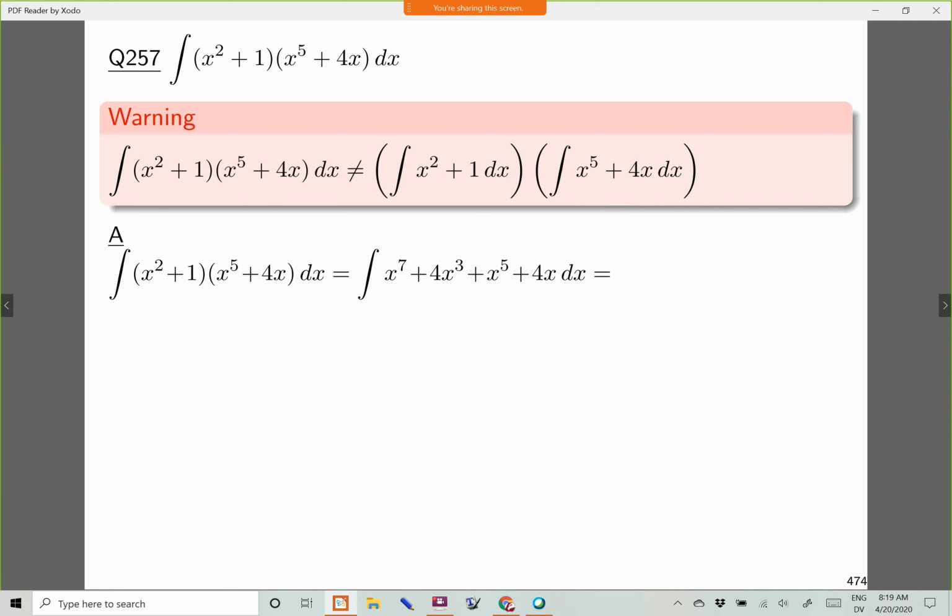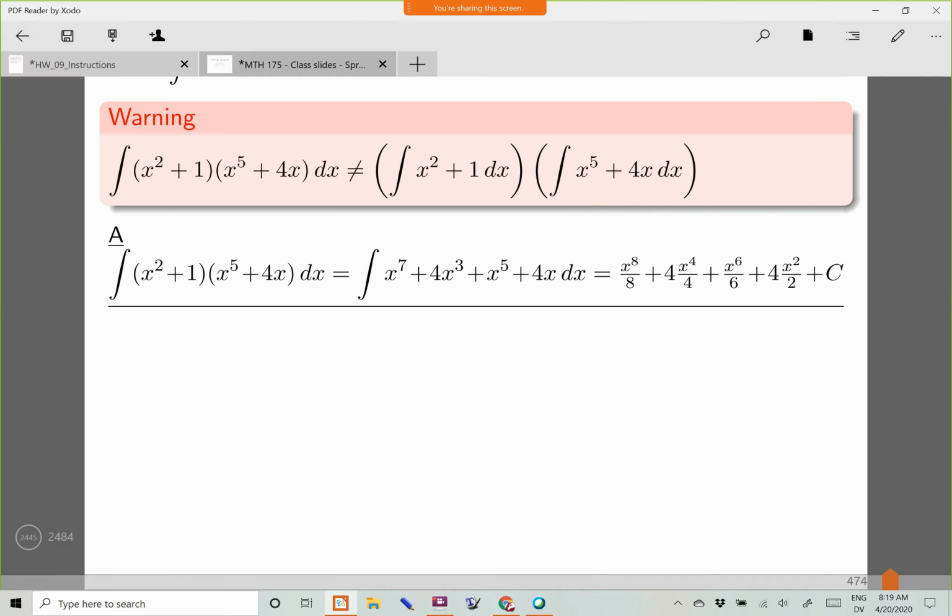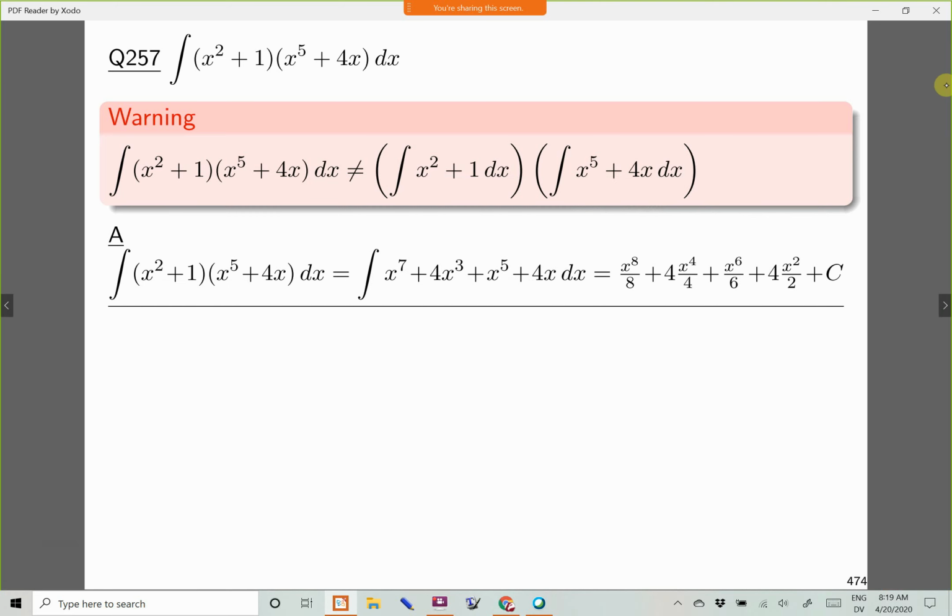And just like you would differentiate each term separately, you can anti-differentiate each term separately, and that's going to work out. So you have here, to anti-differentiate x to the 7th, you have x to the 8th over 8. To anti-differentiate 4x to the 3rd, the approach I wrote here is I copied the 4, and then the antiderivative of x to the 3rd is x to the 4th over 4. Of course, those 4's cancel.